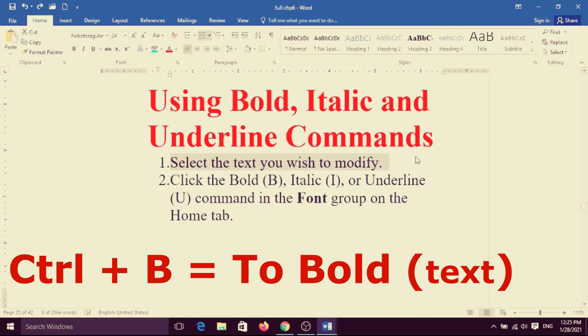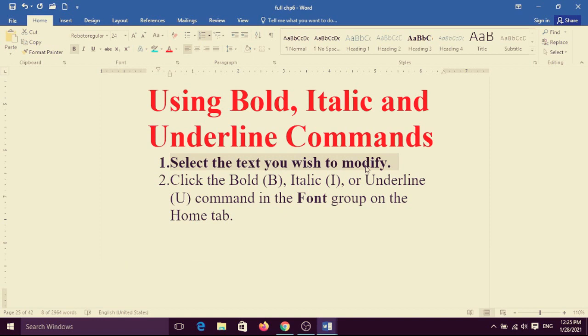Once again, let me use the shortcut key. Select that text. This time your sentence is selected, so hold the Control key and press B to make it bold. Yes, and next, I want to make this selected word bold.